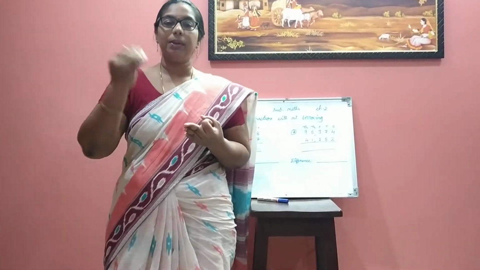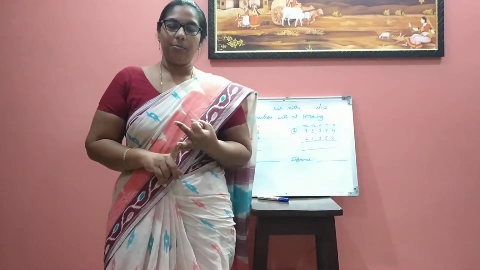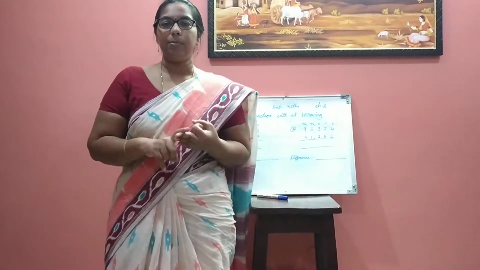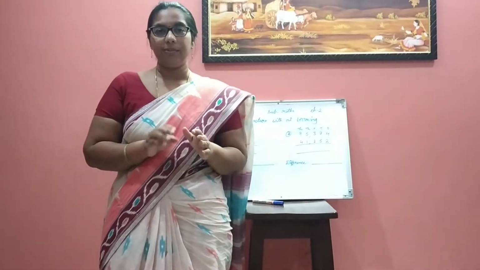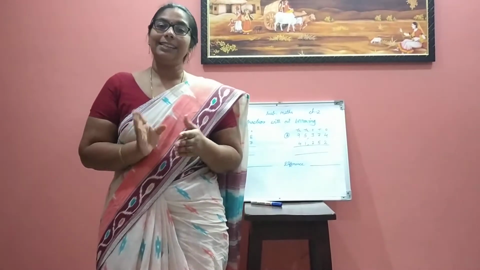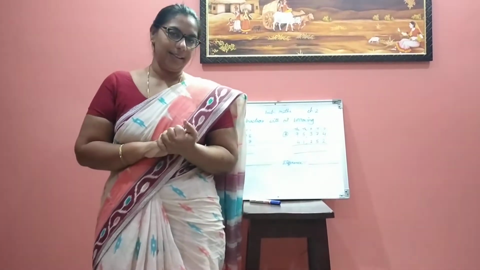When we are doing the subtraction, the larger number will be on the top and the smaller will be in the bottom. Means we subtract the smaller number from a bigger number, right? And when we subtract 0 from any number, we will get the same number again. When we subtract the same number from the number, we will get 0. All this we have learned in yesterday's video.